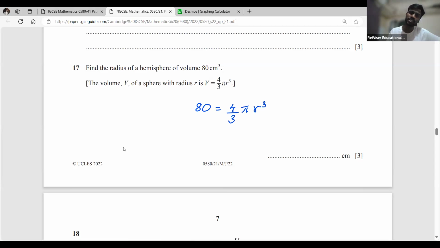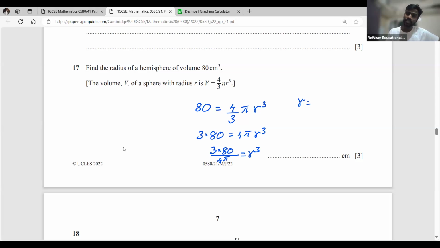So when 3 goes to the other side, it's 3 times 80 equals 4 pi r cube. Then 4 pi goes to the other side, it's 3 times 80 divided by 4 pi is equal to r cube. And if I try to make r the subject, whenever you have cube,